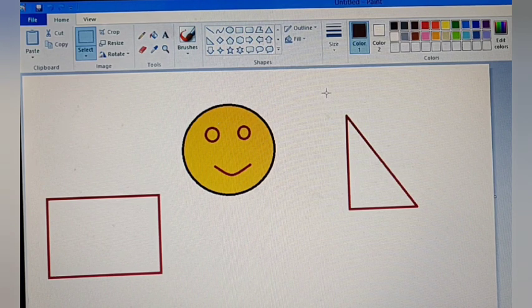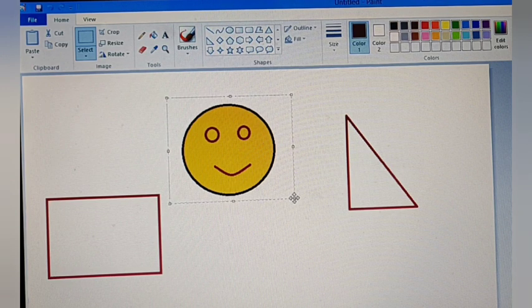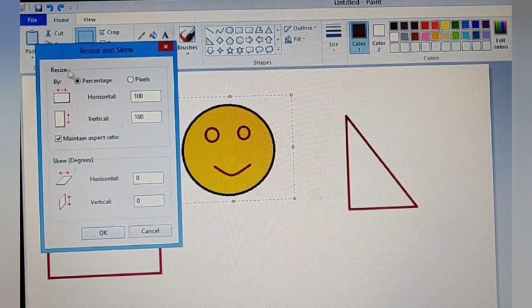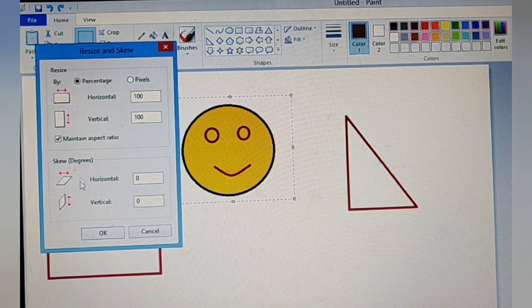Okay, so for skewing the image, सबसे पहले मुझे क्या करना है? Again I have to select the object. मैंने इसको सेलेक्ट कर लिया. Now I am releasing my left mouse button. Then I have to click on resize and you can see a box appears. Now below the box there is skew written, right? Means आप अपनी पिक्चर को किस तरह से एनलार्ज करना चाहते हो, हॉरिजॉन्टली और वर्टिकली.